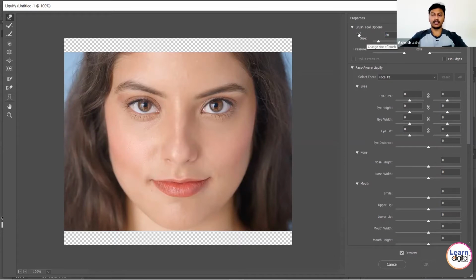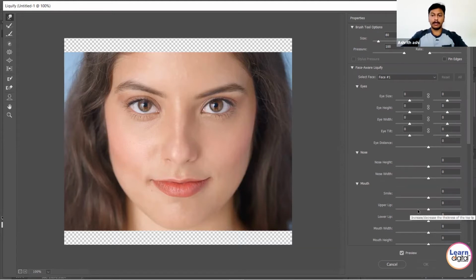The first one is brush size and all, so don't worry about that. At the bottom, the next one is Face Aware Liquify. Here you can see different options like eyes, eye size, eye height, eye width, eye tilt, eye distance. Then nose height and nose width.